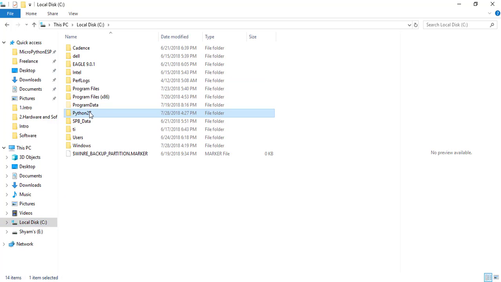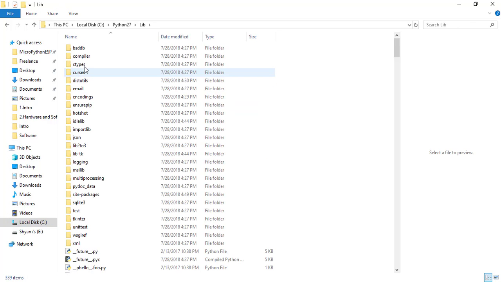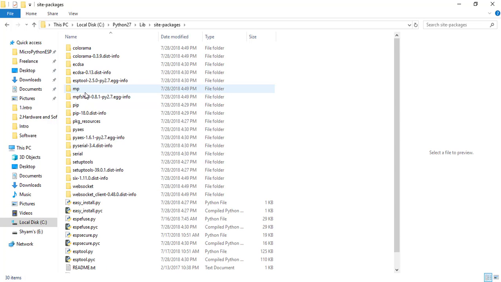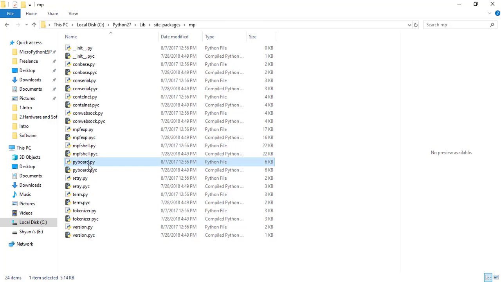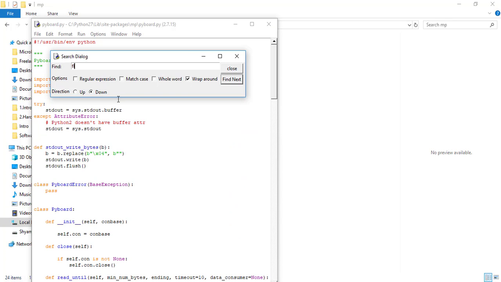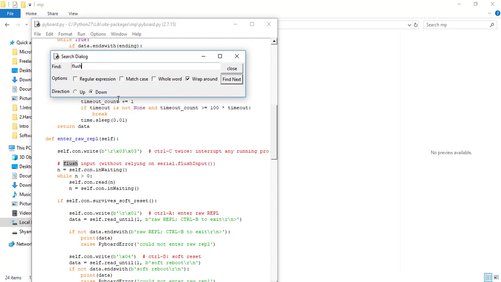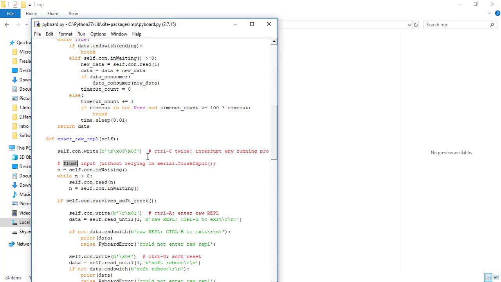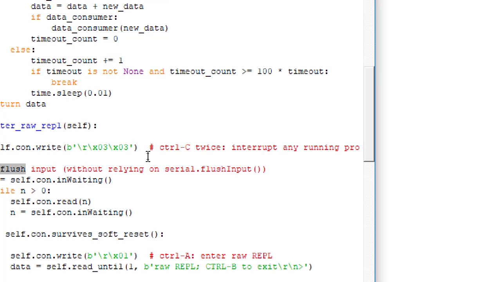Now just go to the same path, lib site packages and mp and pyboard.py. Just open it using any editor. Search for the text flush. Now you'll find a comment, flush input without relying on serial.flushInput. Now you have to do a small change here.